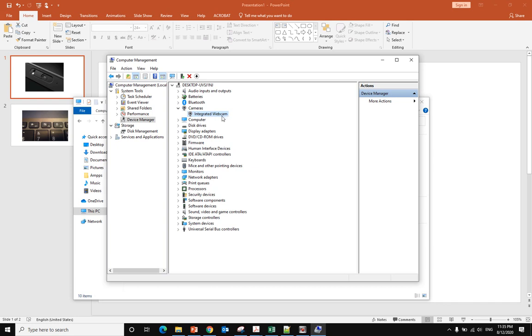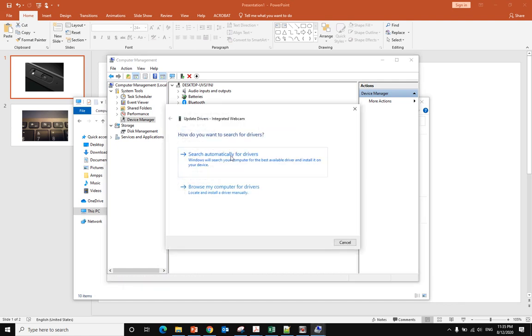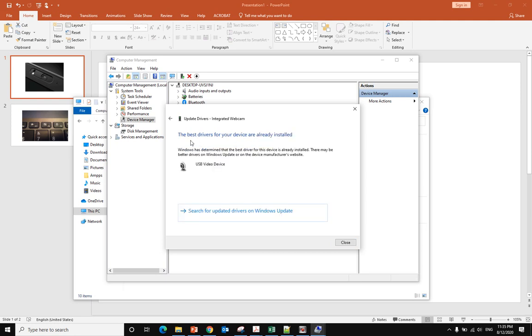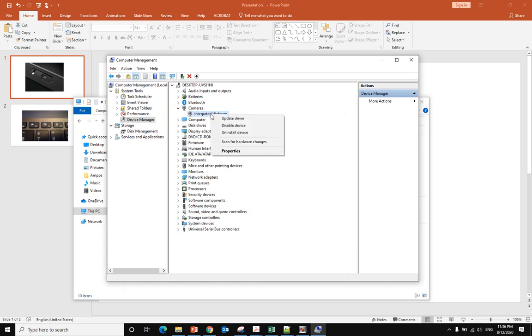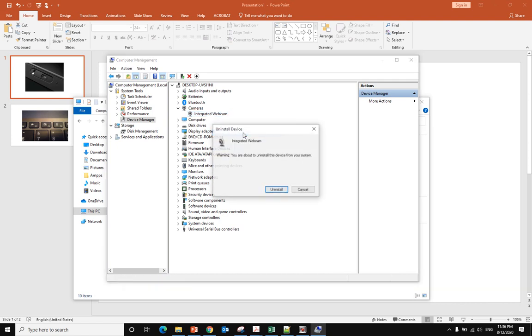Right click the camera, select Update Driver. Search automatically for drivers. It will search online for the drivers. If you see the best driver for your device is already installed but your camera is not working, you can try to uninstall the device. Uninstall it,